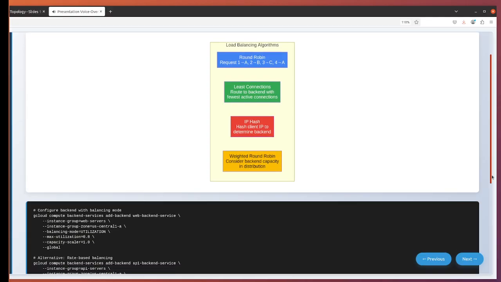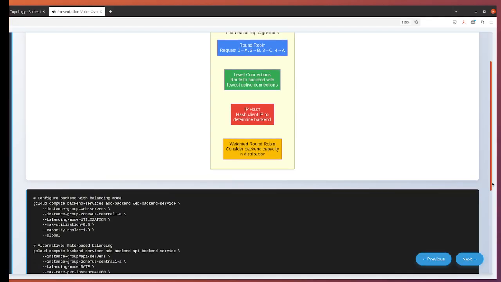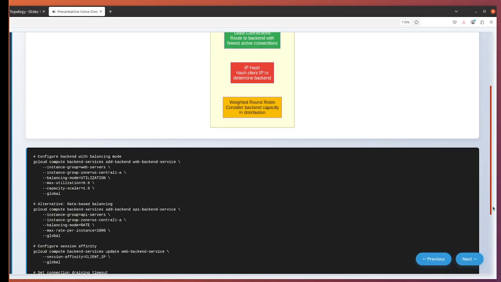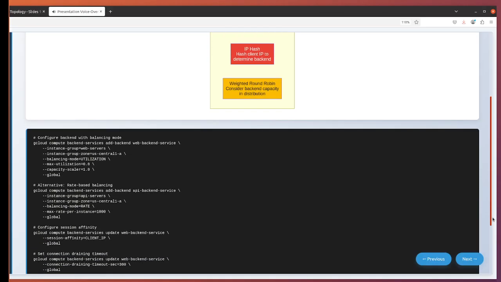Least connections routes new requests to backends with the fewest active connections. This is superior for long-lived connections or when request processing times vary significantly. WebSocket connections, database connections, and streaming applications benefit from this algorithm. IP hash uses consistent hashing of client IP addresses to determine backend selection. The same client IP always reaches the same backend, unless that backend fails, providing session affinity without sticky sessions or